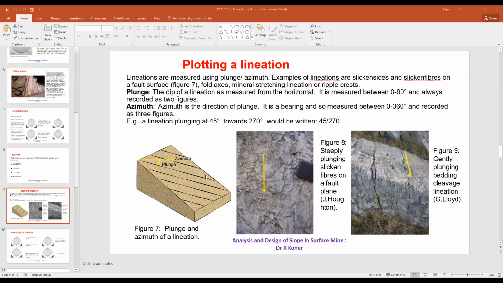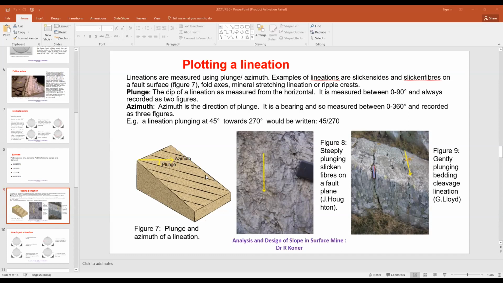Now, there are two types of features present in geology. One is the plane, which is a discontinuity plane. Another is lineation structures. Lineation structure like this, you can see in the figure. With the yellow marker, yellow line, we have marked it. In a lineation structure, we measure the plunge, that is the dip, and we measure the orientation of that particular line.